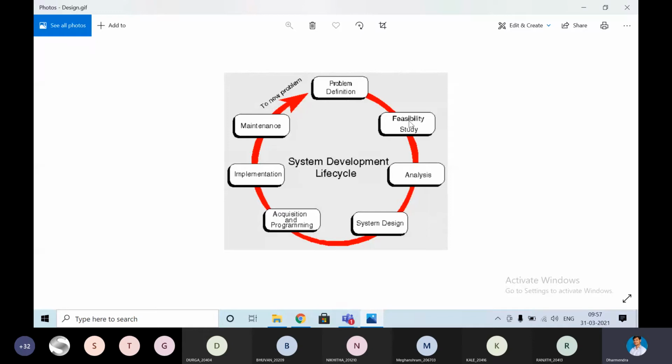Then feasibility study. Naturally, these studies will be there. The feasibility study means studying the problem, and previous problems. Have any other projects been developed like this? Are there any previous problems? What are the drawbacks of the previous projects? So the study will take place from different angles. That is about the problem. We know about the analysis.